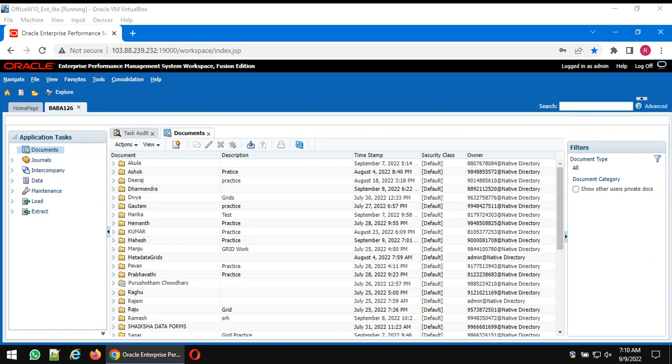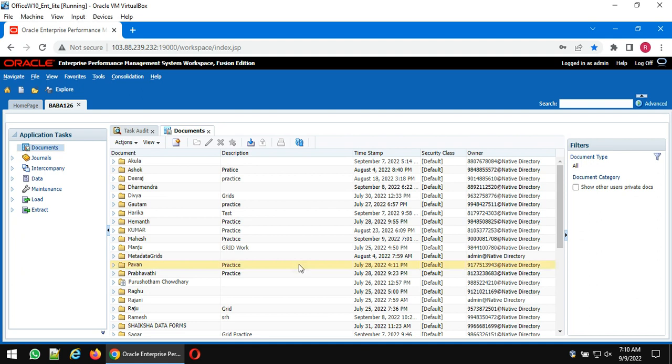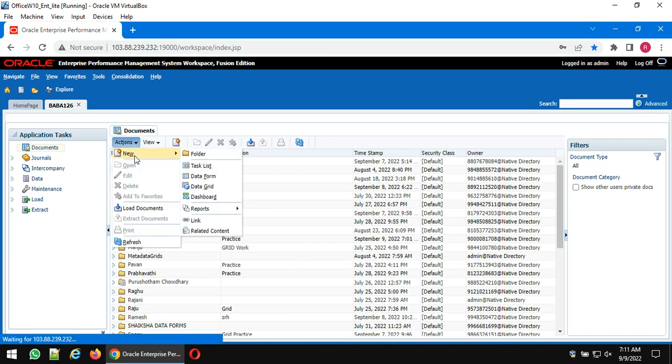Yes. Right. So, steps to create the data form. Just like that, double click on documents, click on actions, new, and then what do we have to click here? Data form. Data forms. Task list is nothing but, you'll be having, see, in live, you'll be having some 60